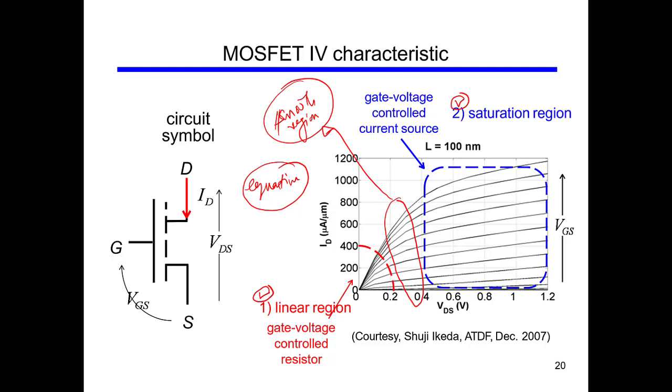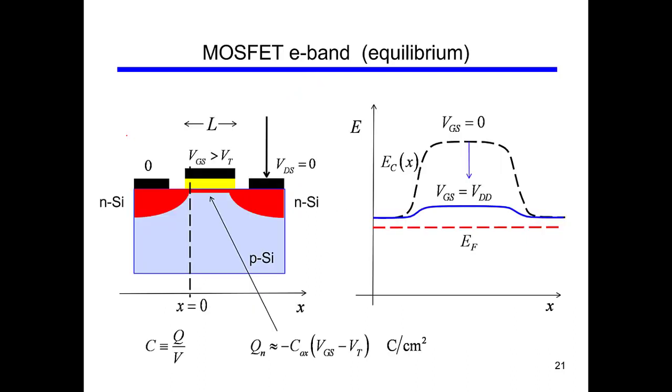So let's start with our discussion, and in this discussion the energy band diagram is quite useful. There is some mathematics. I will try not to go into the details of mathematics, but rather focus on the understanding and meaning of the equations. So if we consider a MOSFET, for example, on the left hand side, where VGS is applied